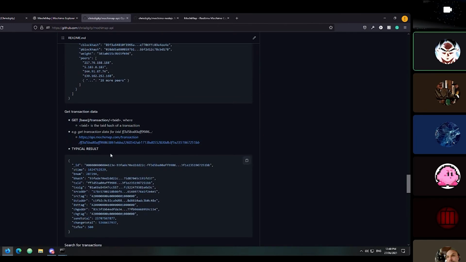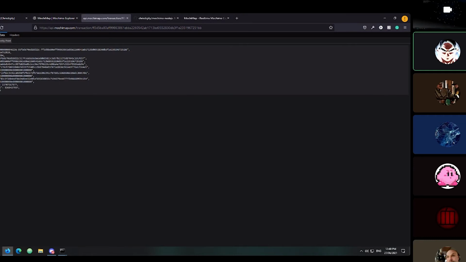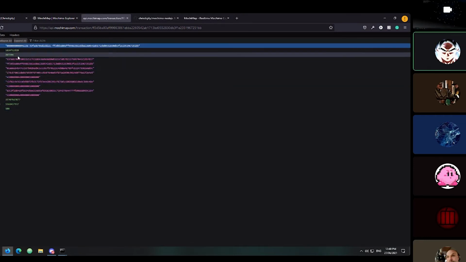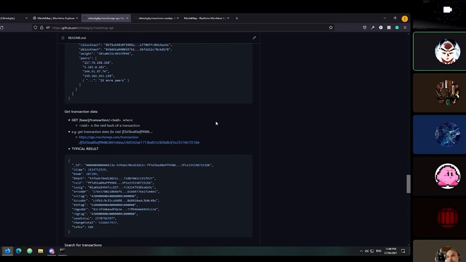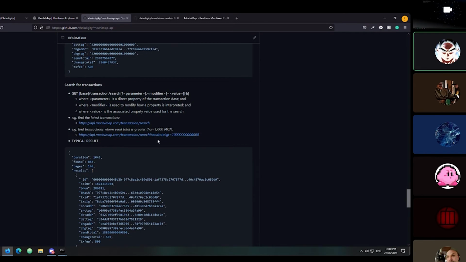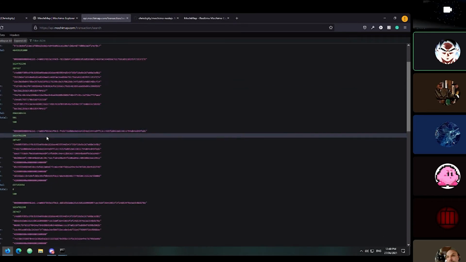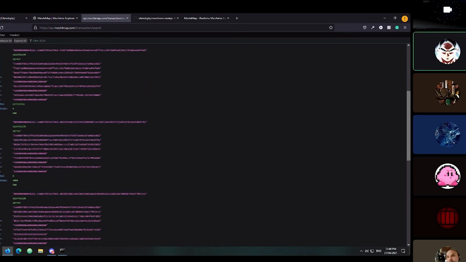you could search for the transaction directly just by going to the api.mochimap subdomain, and that'll bring up some JSON data very easily, friendly to use. But this thing is pretty powerful. You can search. The basic transaction search just brings up the latest transactions that have occurred on the network, and it's